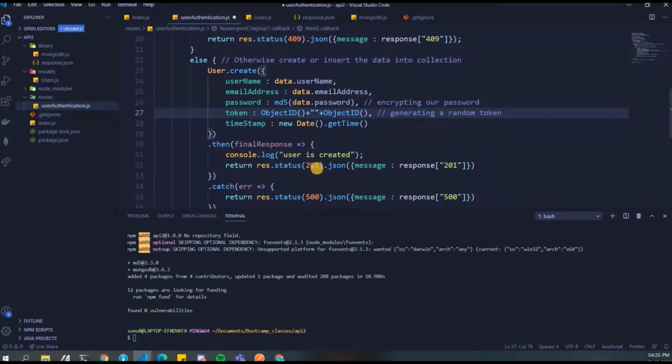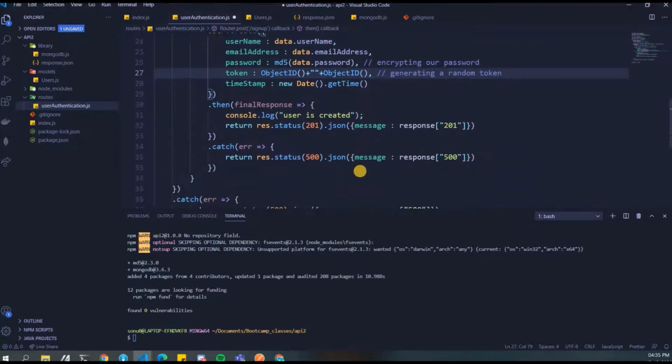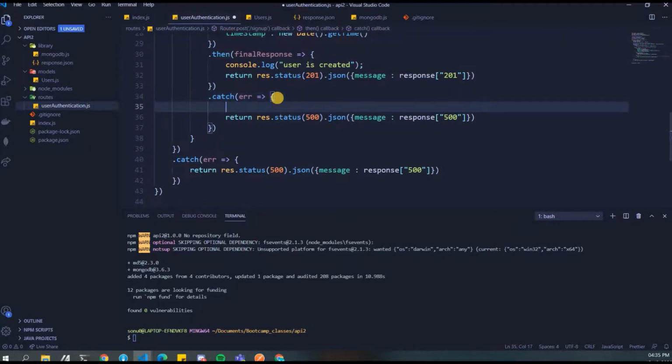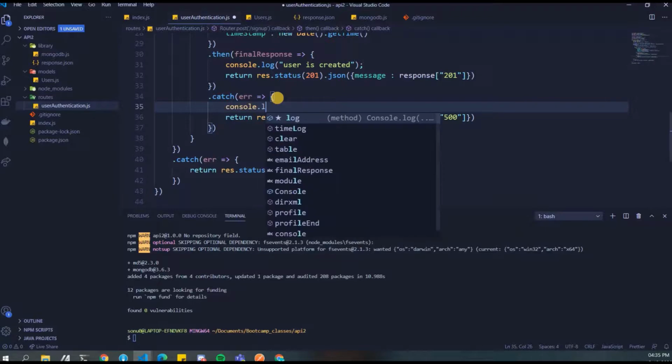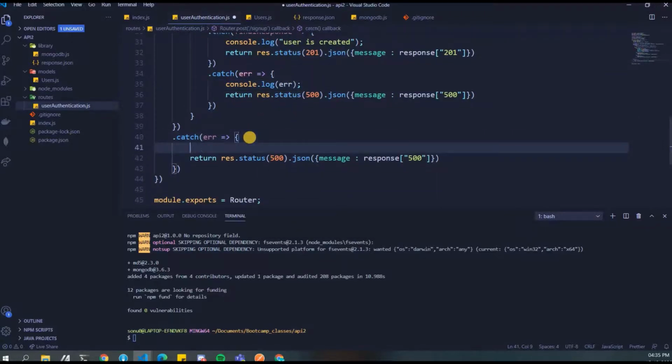So we also did console.log. We commented out the things. We wrote a catch statement. And in case of any kind of error, you can always write it here, console.log error. And over here also, just write console.log so that you are able to see what error you are getting.